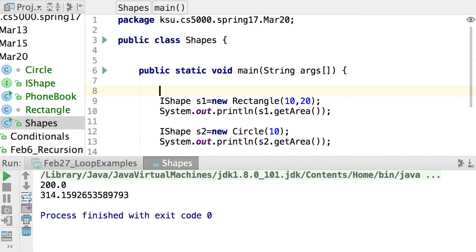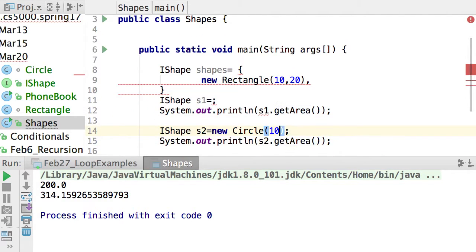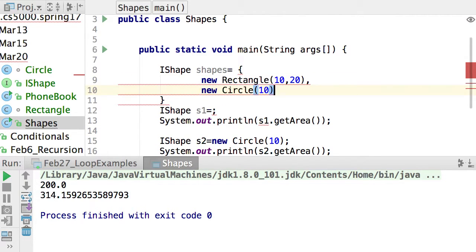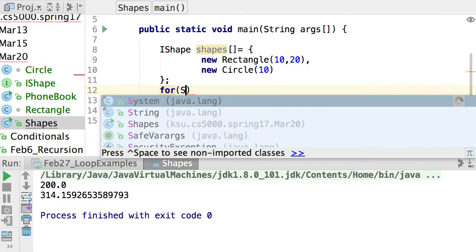Well, what I can do, which is magical, is this. Define an array of shapes, right? Where some of them are circles, some of them are rectangles. And now I can use